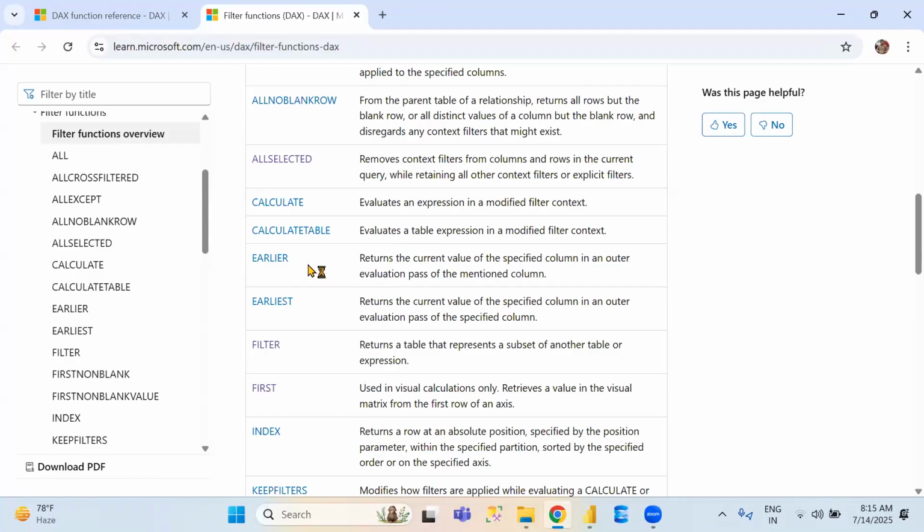Next. See here. Earlier is not required. Okay. Next one is the FILTER function. Very, very important. FILTER function. What will the FILTER function do? Filter means,